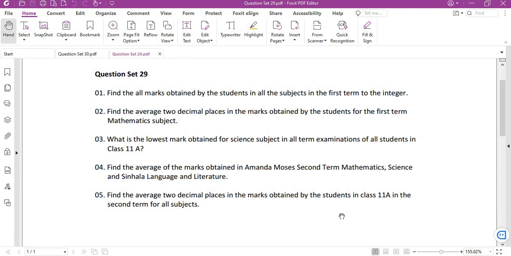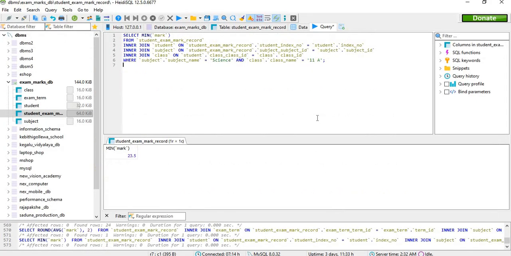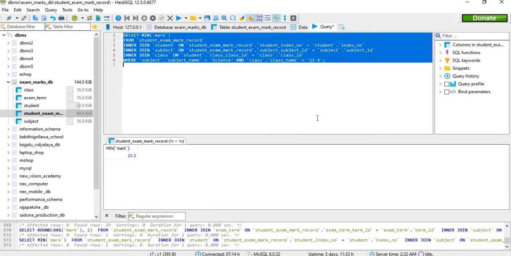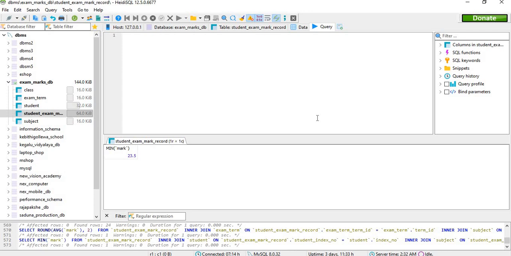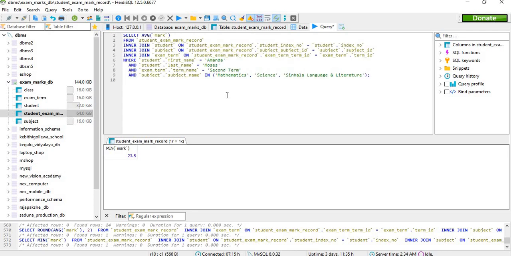Find the average of the marks obtained by Amanda Moses, second term mathematics, science and Sinhala language and literature. We must find the average marks obtained by Amanda Moses in second term for the all subjects. So here I will clear the previously written query and write the new query for this requirement. So here I have written the